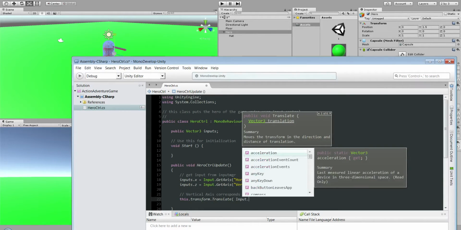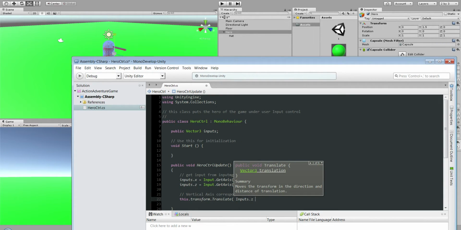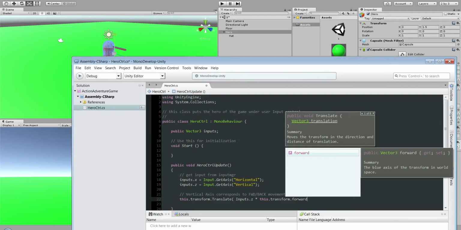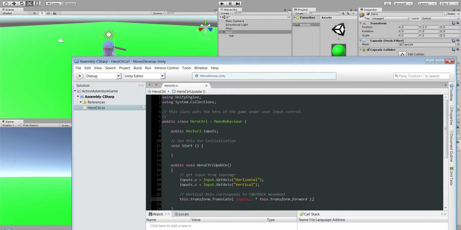So we're going to take input dot z times this dot transform dot forward. Take the forward vector out of our transform and scale it by the value out of our joystick. If the joystick's not moving, we're not moving. If it's moving full on, we're moving at 1.0 times the forward vector. Maybe that's not the right speed for our game. Maybe we'll have to add in some more code to fix that, but it'll get us a first feeling for